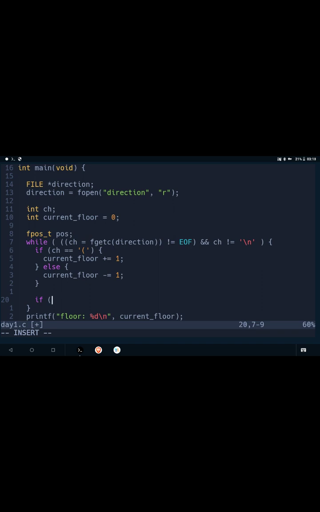Since they are all in the loop, after this if block is executed, this if block is also executed. So if current floor is -1,